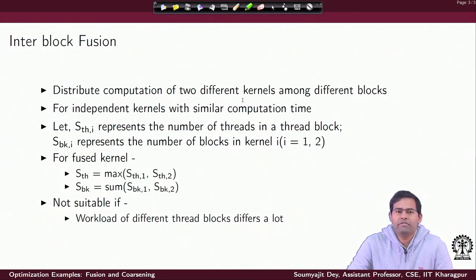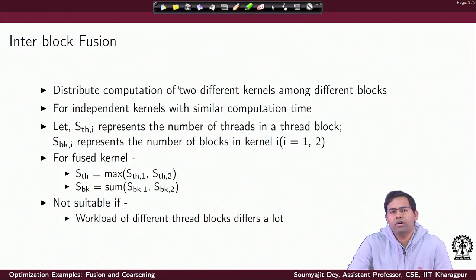Otherwise, as we have discussed, even in the case of inner thread fusion, if we are trying to fuse dependent kernels, you have to bring in syncthreads statements so that you exactly know when the threads for one kernel finish, the other kernel finish, and then you do some computation. So that's quite a tricky thing to do, and it may not actually increase the parallelism that you can extract from the architecture. So overall, we are always restricting ourselves to the domain of independent kernels and not thinking of using dependent kernels.